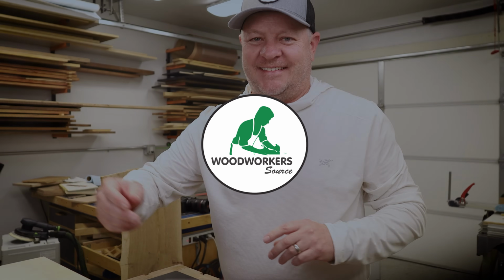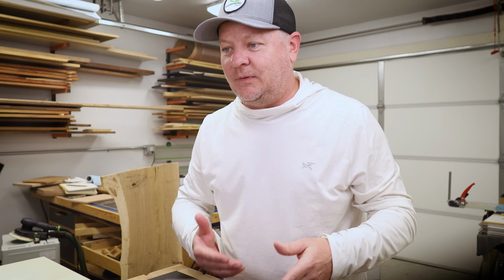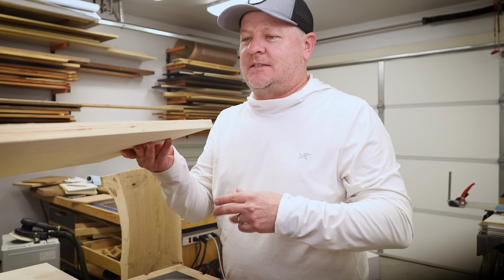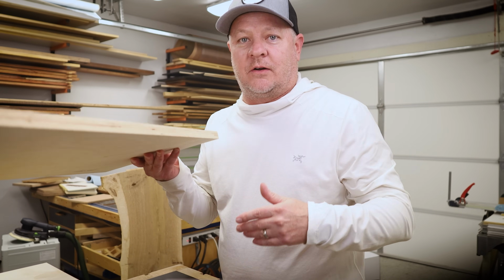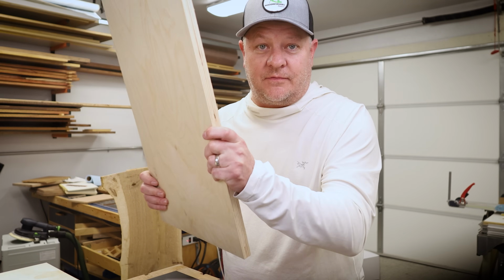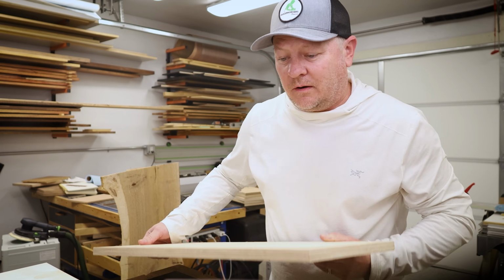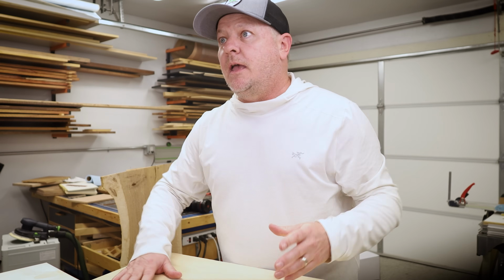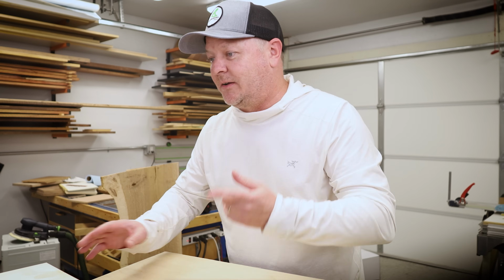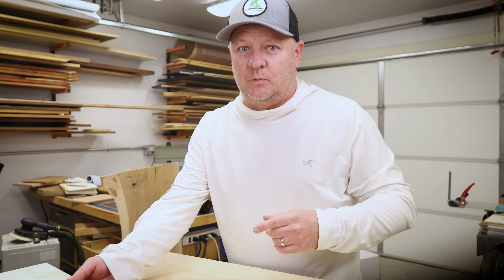All right, to start with something really basic that tricks a lot of people is the name birch plywood. So the name doesn't necessarily mean that every single layer is birch. It just means that birch is what's on the outer layers, the face and the back. But the core, man, the core can be any one of 100 different things. We will dive into some of that later, but I wanted to point out the exception to the rule here